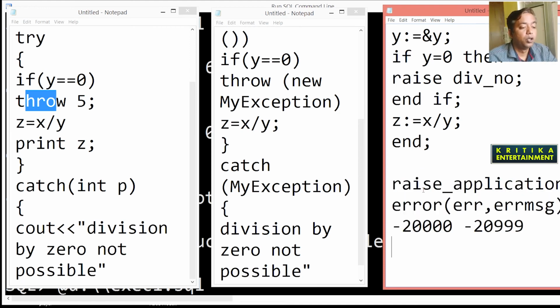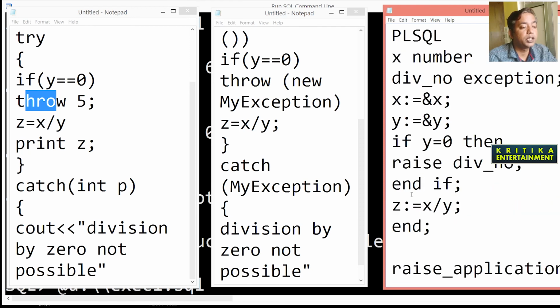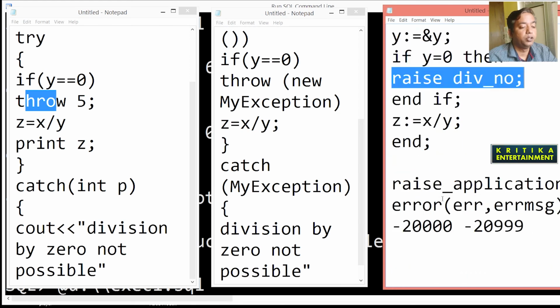Where you write this condition, instead of raise div number, you write this function.